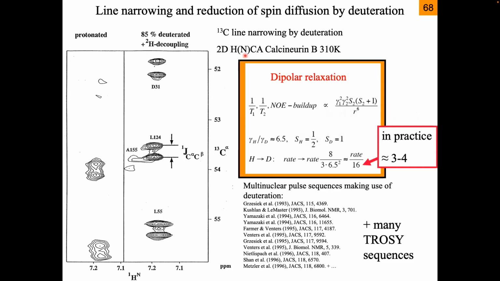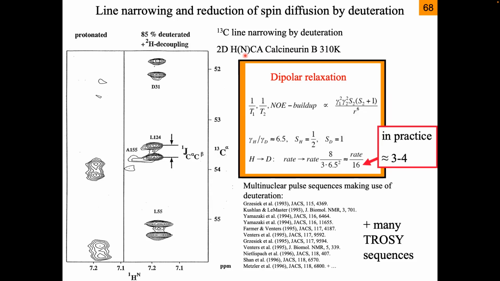When you replace the protons by deuterons, the deuteron magnetic moment is a factor 6.5 smaller than the proton magnetic moment. So the dipolar relaxation is first magnetic moment times second magnetic moment squared, divided by r to the 6. So if I replace the proton by a deuteron, I get a factor of 6.5 squared less in the relaxation,